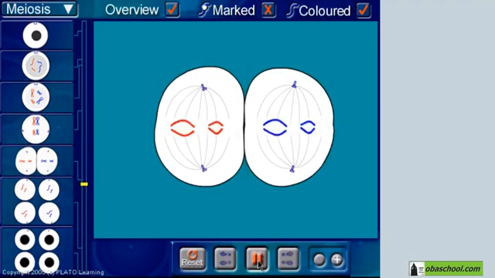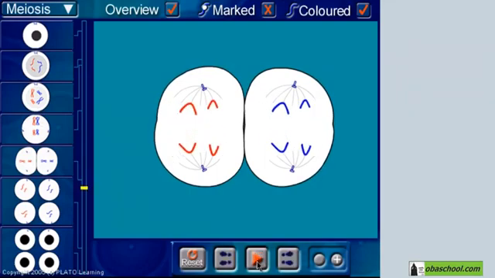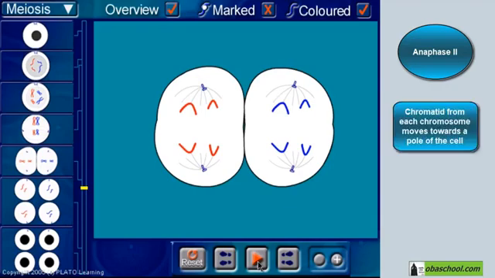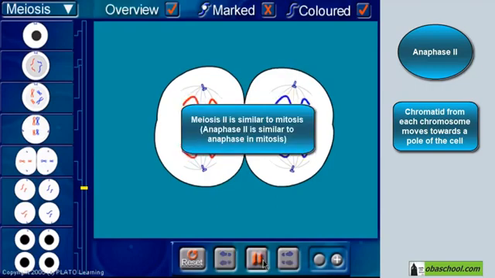And now these cells are attached to the spindle fibers, and we will have anaphase 2, whereby the spindle fibers will pull on the individual sister chromatids and divide them. Notice how meiosis 2 is similar to mitosis. And then we have telophase 2,